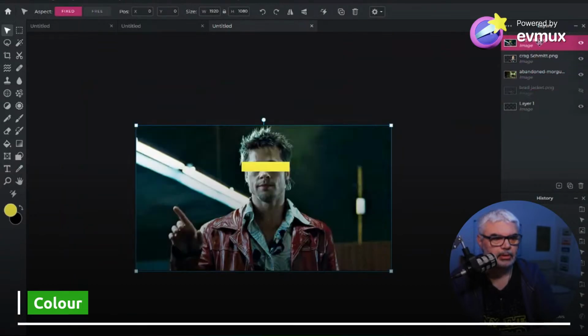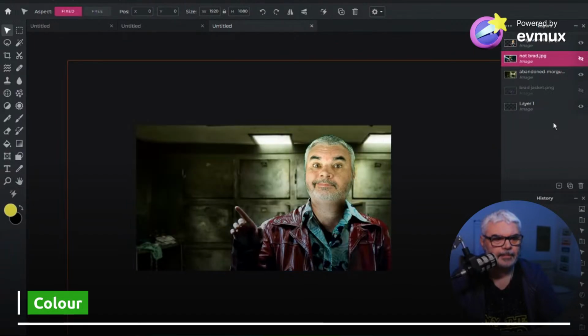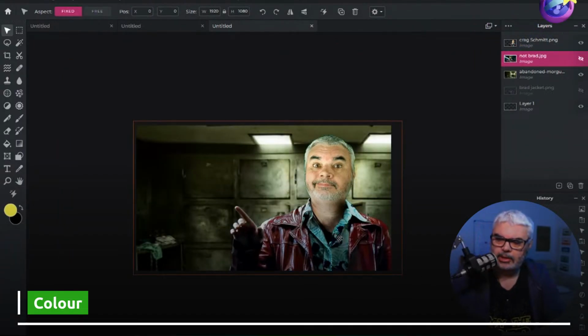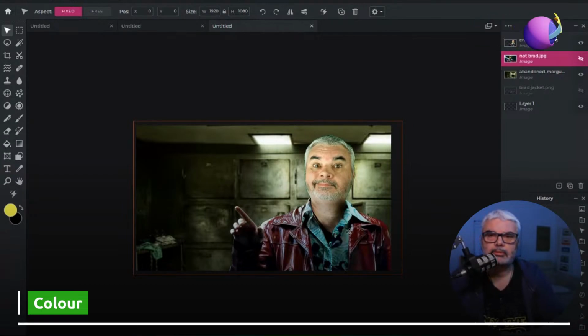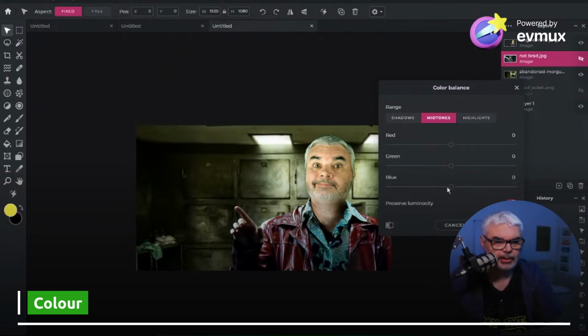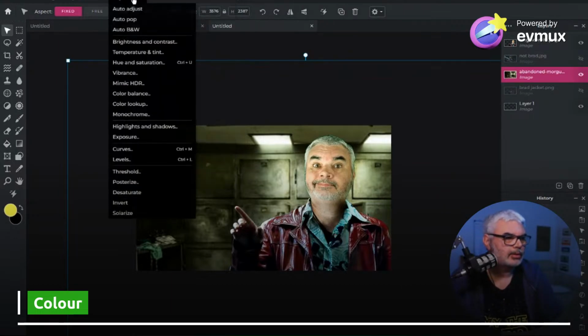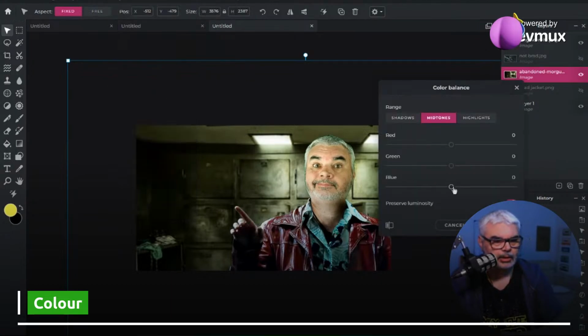Let's put him up the top. We kind of want to get this, it's almost a bluey green kind of feel about it. So these two, we're talking about color. At the moment, my shirt and the background are kind of clashing a little. So there's a few things we can do. We can go color balance, and we can just, what are we doing here? Oh, it helps if you have the right layer. So you've got to select the layer you want, and then we can go color, and then